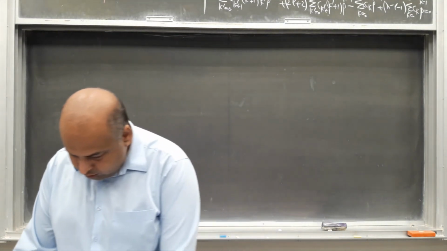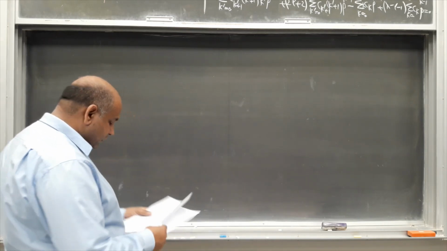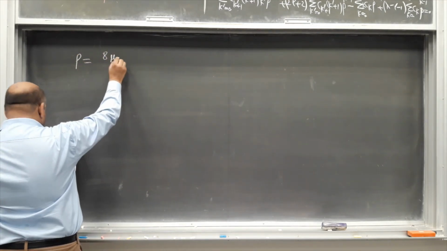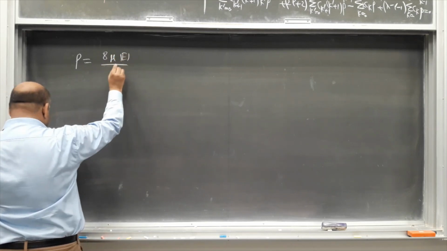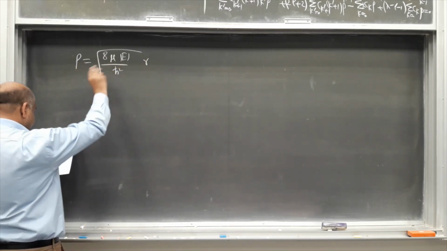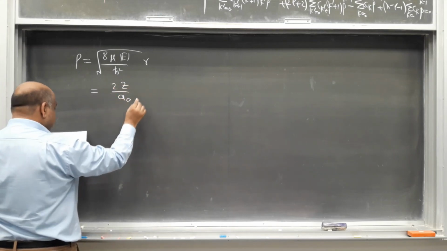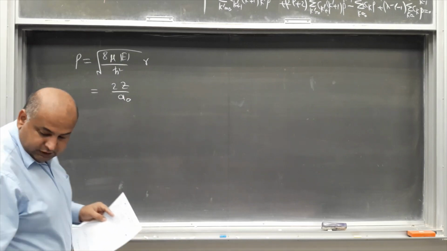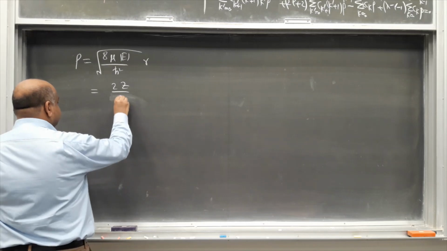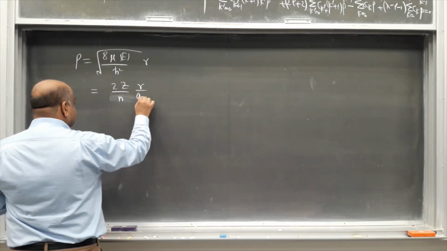To find these functions, let me note one quick thing, that we had this choice, this transformation of variable when we transformed from r to rho, but we can express it in terms of another parameter, a naught, and n. We put n here and r over a naught,